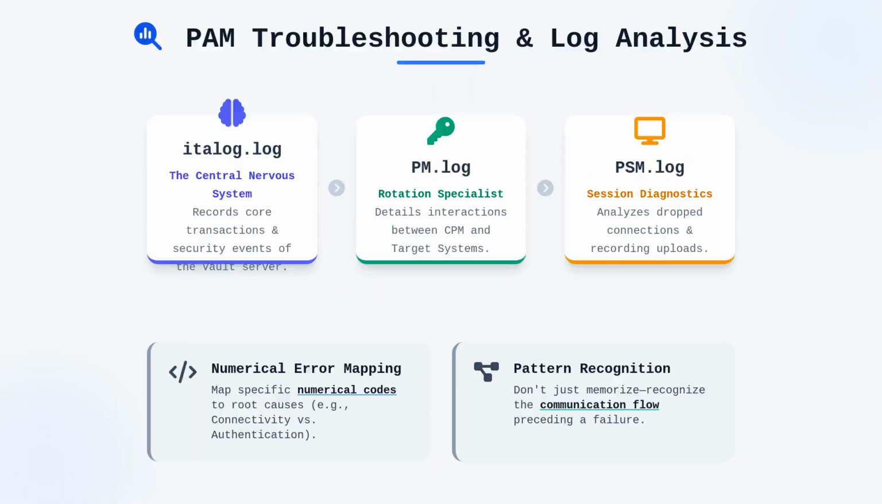Troubleshooting is an inevitability in the life of a PAM administrator, and the exam expects you to be fluent in the language of logs. The italog.log file is the central nervous system of the vault, recording every core transaction and security event that passes through the vault server itself. When you encounter a failure in password rotation, your first destination must be the PM log, which details the specific interactions between the central password manager and the target system. Similarly, the PSM.log is your primary tool for diagnosing issues during active sessions, such as dropped connections or failed recording